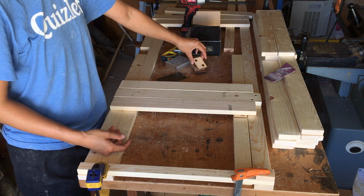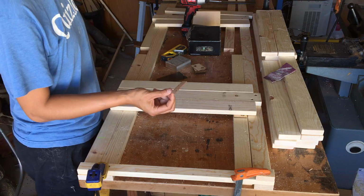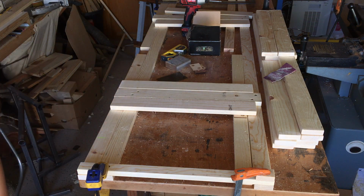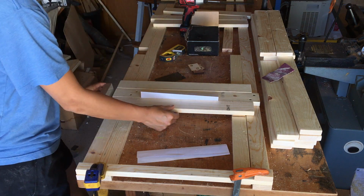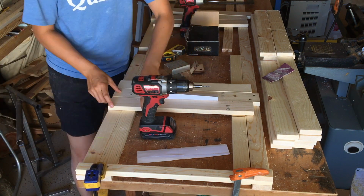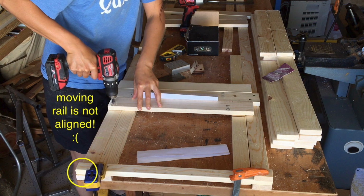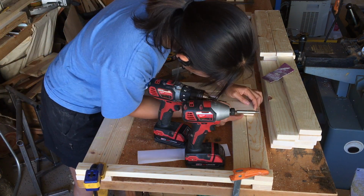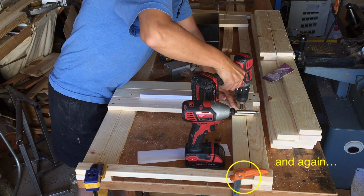And of course, I went ahead and used my laser cutter, but this material cuts really easily with scissors as well. Yep, so let's keep putting it together. You can see here in my excitement to get everything assembled that I forgot to align the moving rails, both of them in fact, but after that's fixed,